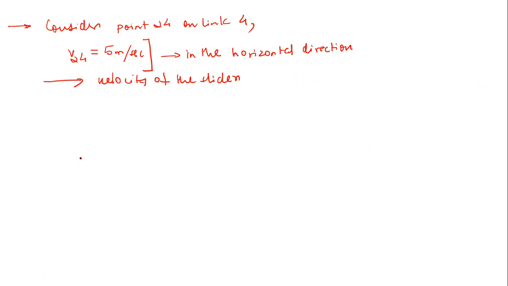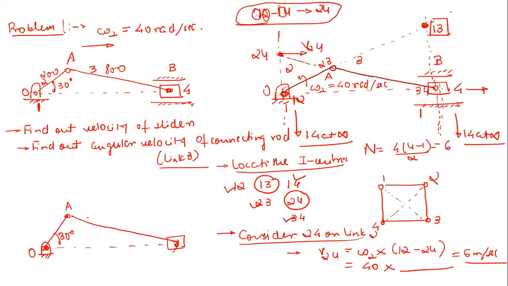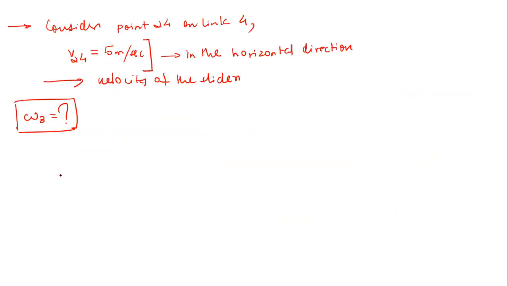Now the next thing which you have to find out is the angular velocity of the connecting rod. So now I leave this to you, right? How to find out this omega 3? So this is very easy. Even it is not, I think, provided in the book as well. So just try to find out this omega 3. And if you don't understand, then just ping me. I will tell you how to find out the angular velocity of the connecting rod. So now this is very easy, right? Since this V24 and the velocity of a slider are known to us, the simple point is that you have to take only this velocity vector, and then omega 3 will be simply the velocity vector divided by this 2, 3, 3, 4, right? So just try to figure out those things. Now let us move to the next problem.